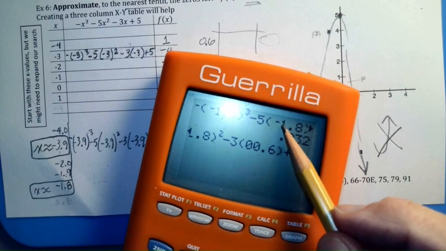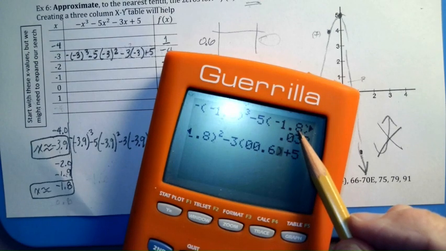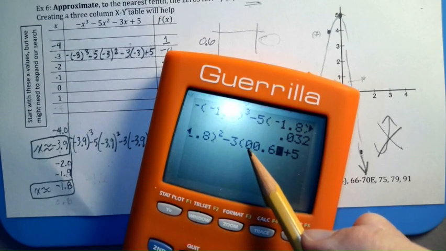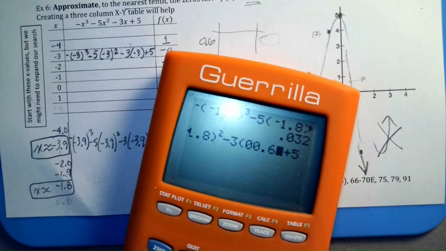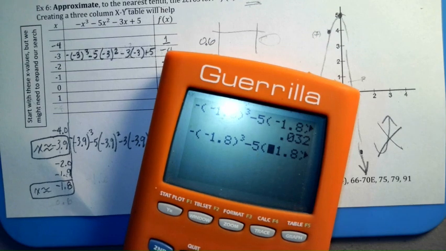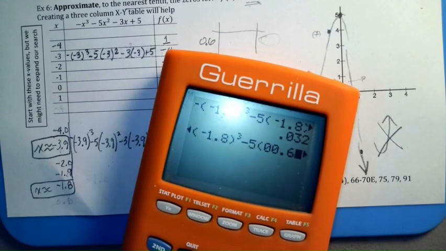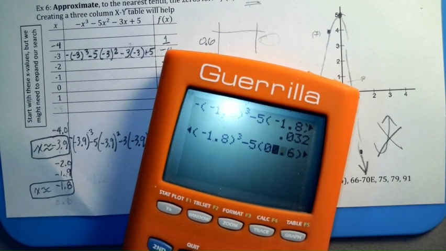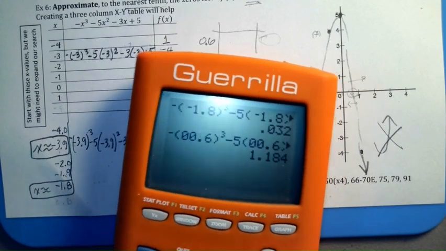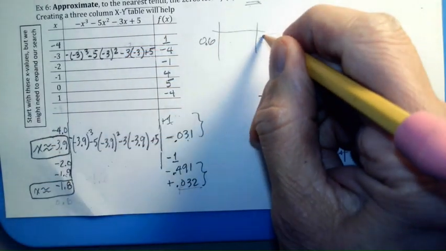You needed the negative, you needed the 1, you needed the decimal point, you needed the 8 for the last one. So now you could just type 0, 0.6, and that way you don't have to worry about deleting things or anything. Just use the exact same spaces that you have. So 0, 0.6 looks weird, but the calculator is happy with the zeros. It doesn't mind. And then lastly 0, 0.6, and enter that one, and we get a positive